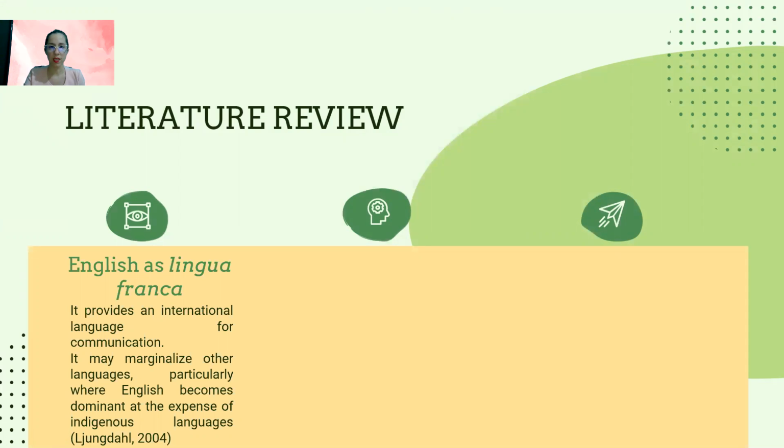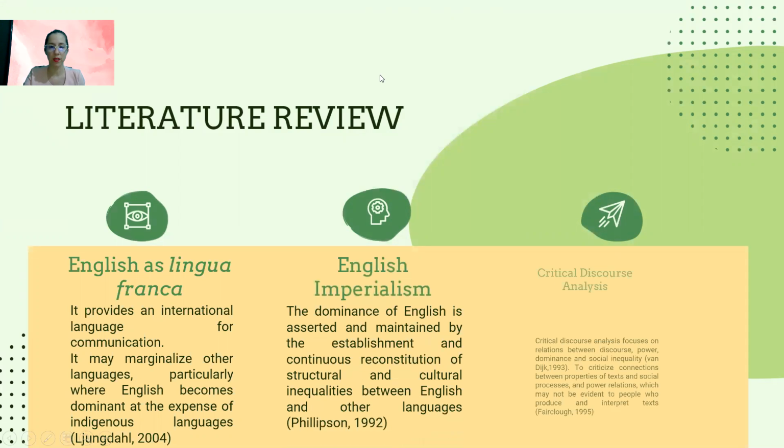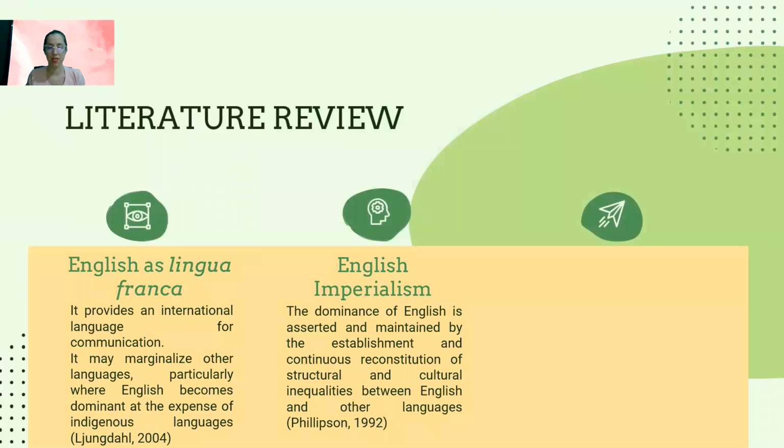So this is what Phillipson calls English imperialism. He defines it as: the dominance of English is asserted and maintained by the establishment and continuous reconstitution of structural and cultural inequalities between English and other languages. So since the study will be focused on analyzing these inequalities that exist between the people who speak English and the people who don't, and analyze how the discourses that those who hold power